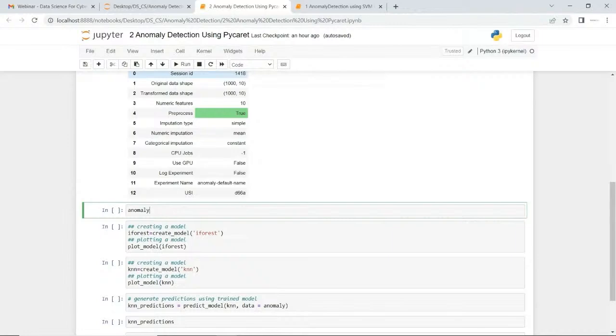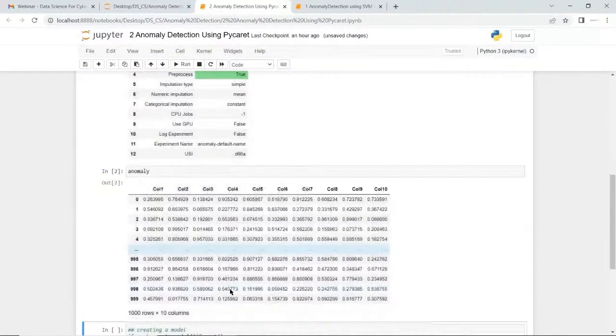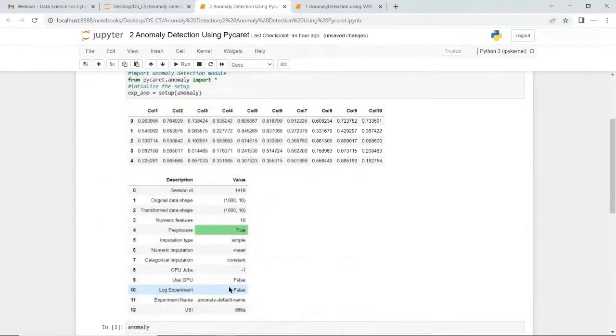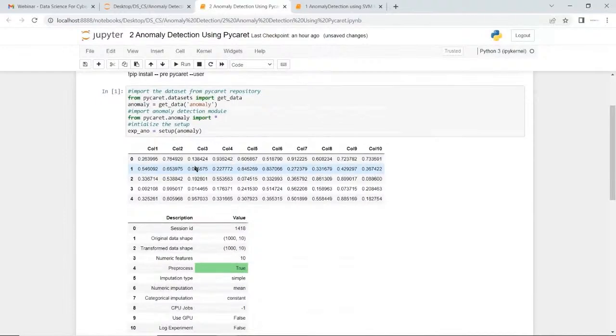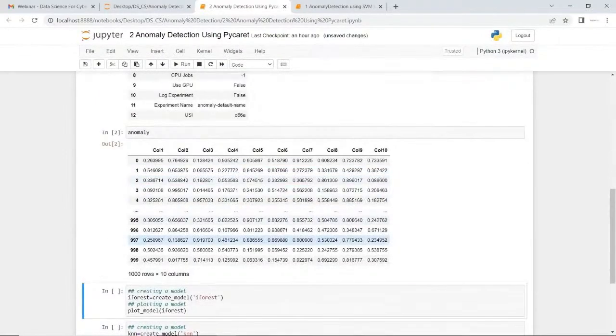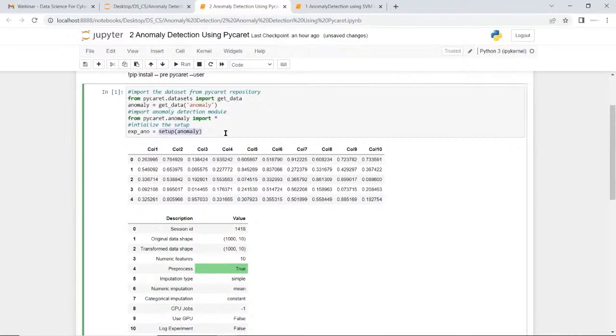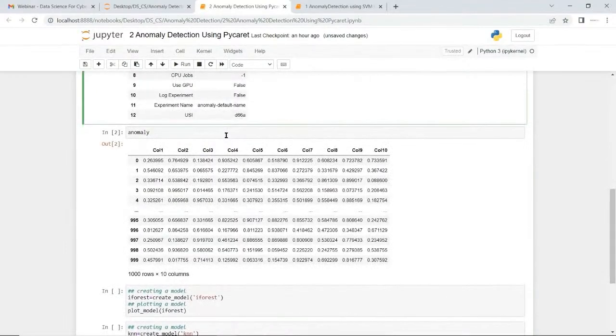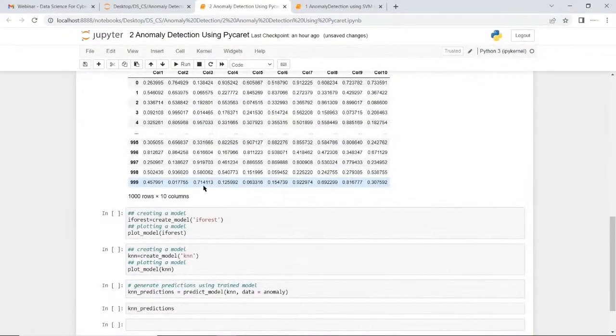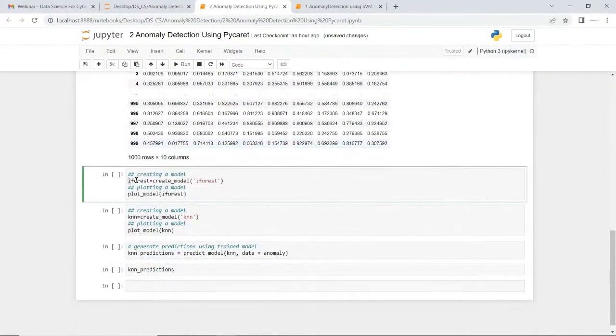So here this is how our data looks after doing the setup. So this is all about the data. See, without any manual pre-processing, we did the pre-processing, data cleaning, and data transformation by using the setup only. So this is the automation, totally automation. And after this, here you can see in one line: